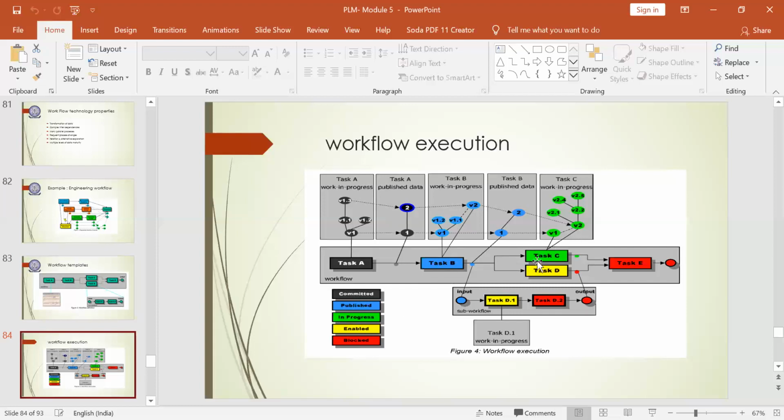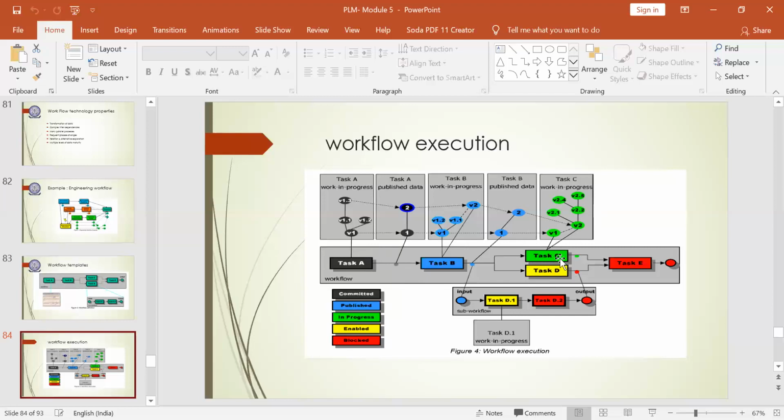So task C is going on, it is in progress. So it shows all the variables of work which is in progress currently. So the color code also plays a vital role. By seeing the color code, you can identify what's going on exactly, which process is going on, which has been done, which has been disabled, enabled, everything you can identify.